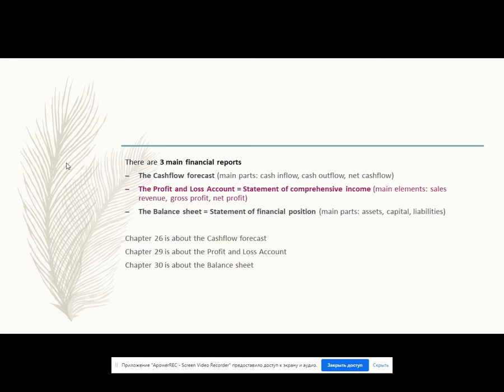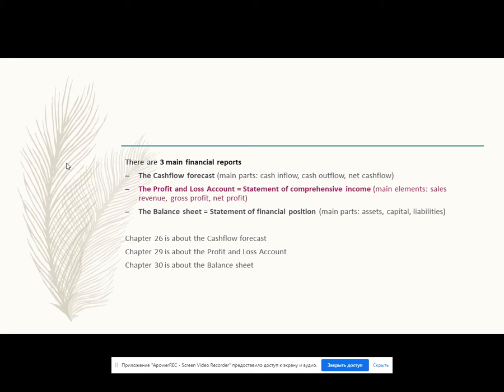Then P&L, or profit and loss account, which is also known as statement of comprehensive income, with such elements as sales revenue, gross profit, net profit, and some other elements. We will be talking about them in a second. And last but not least, the balance sheet, or a statement of financial position, with such elements as assets, capital,